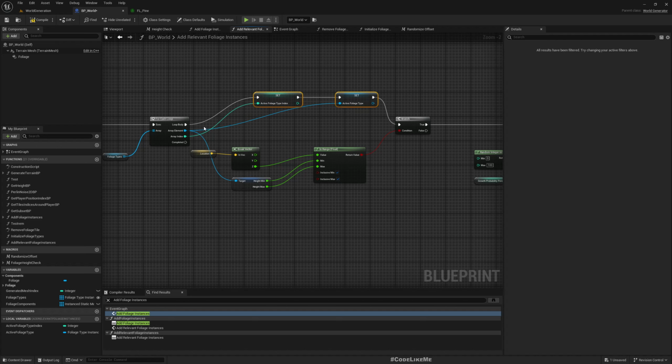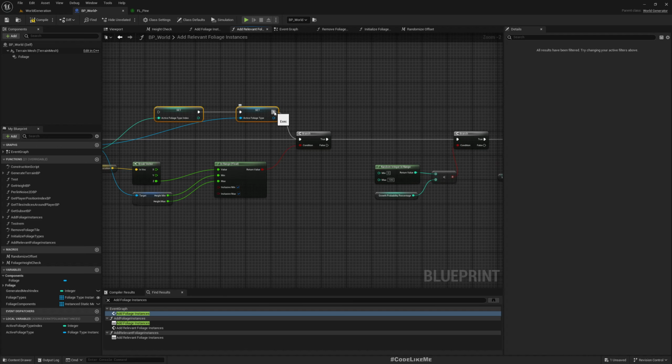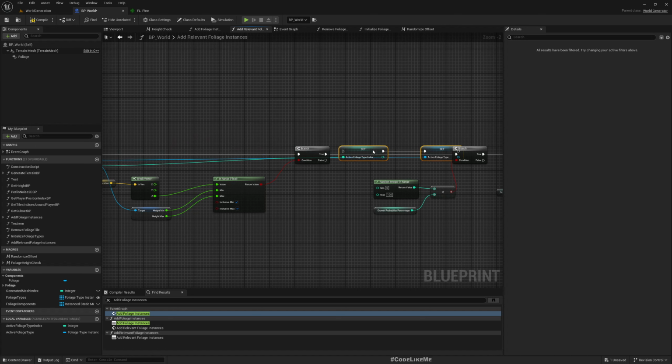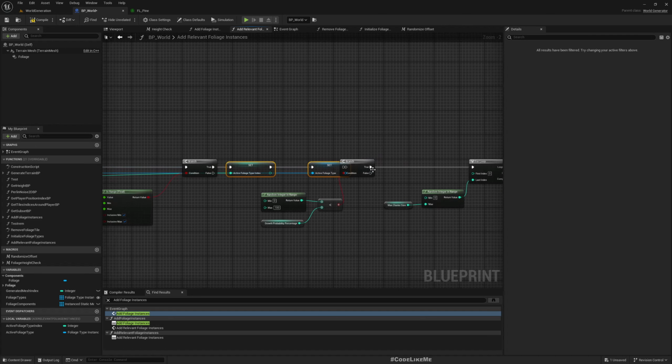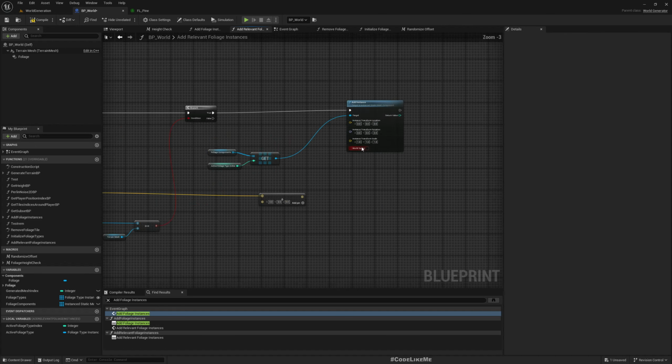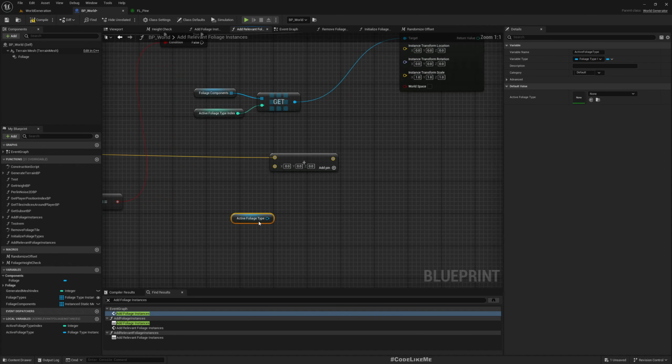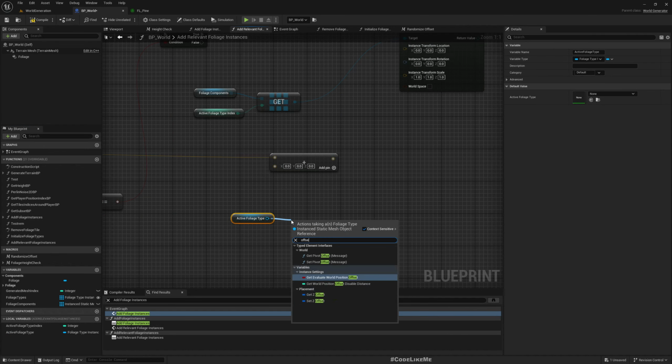In fact, I think we should do this setting after this branch check, because before that we don't really need to use them. Right, get active foliage type, offset,